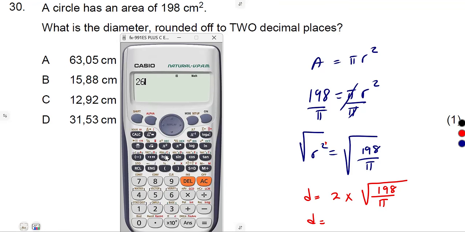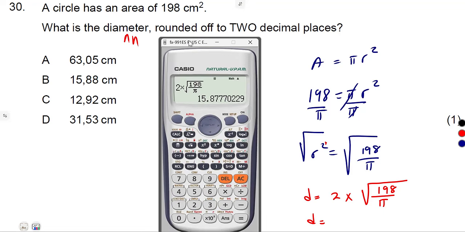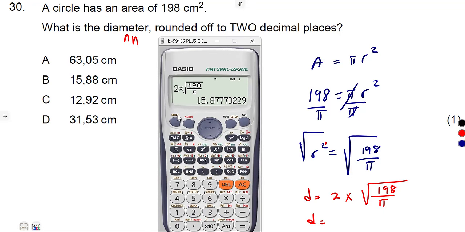So it's 2 times our radius. Our radius is the square root of 198 over pi, which is shift, you press this one, it's going to give us pi. The answer is rounded off to 2 decimal places. Let's fix our calculator to 2 decimal places. We press 2. So that's